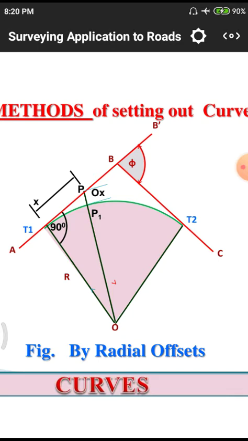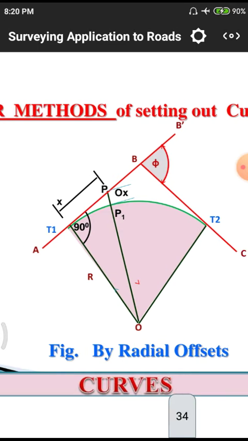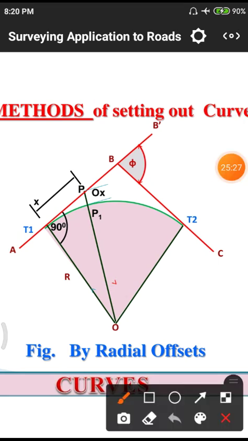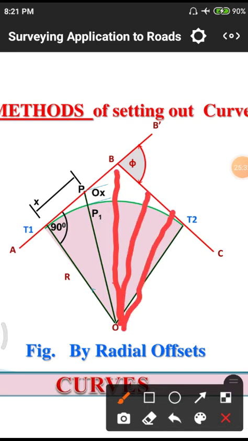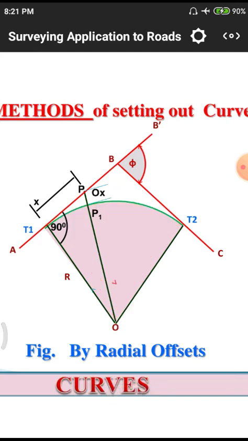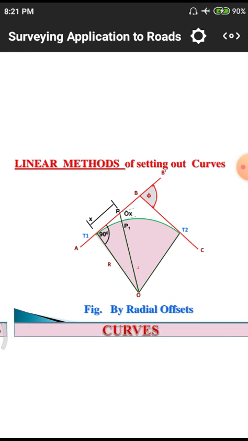So we need to draw similar lines to the above, and by using this radius point we have to connect. We draw similar lines onto these tangents and connect them with the help of this. This is one method, simply by linear measurements. It means we are drawing linear lines to the tangent lines, and after that we connect them by the equal radius method. This is one method for setting out a curve.